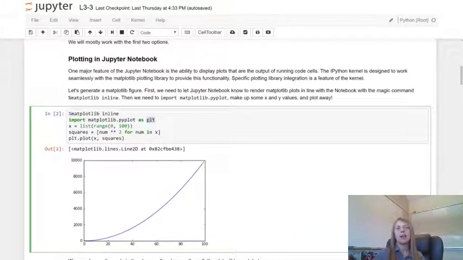If you look at any of the examples online, you will see that PLT is used most frequently. So I recommend staying with convention and always importing matplotlib.pyplot as PLT. Okay, so with any plot, we need to have